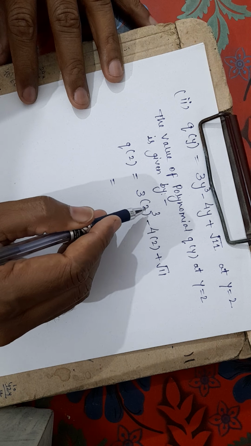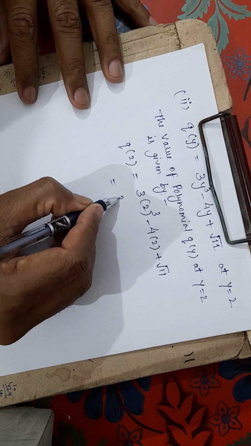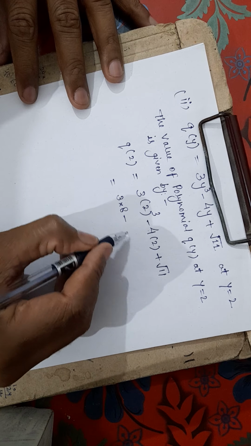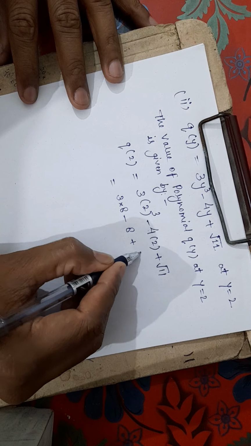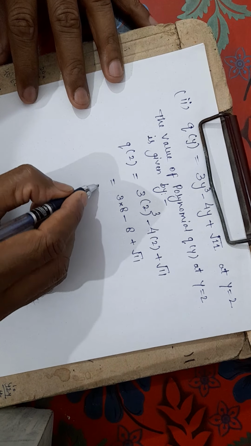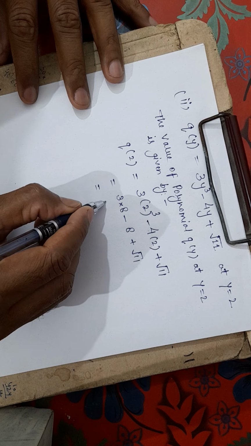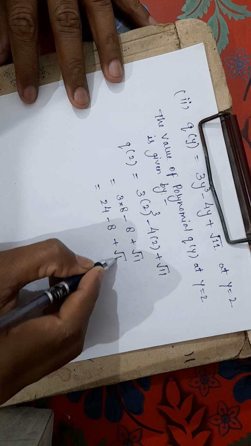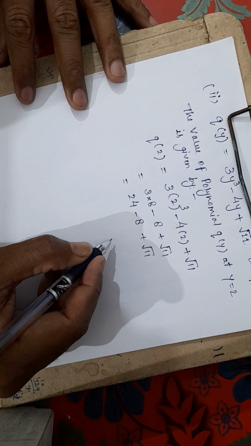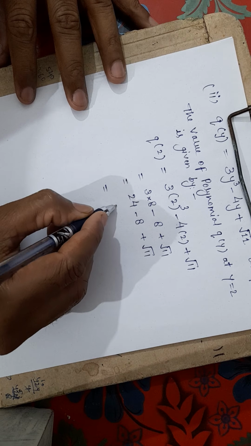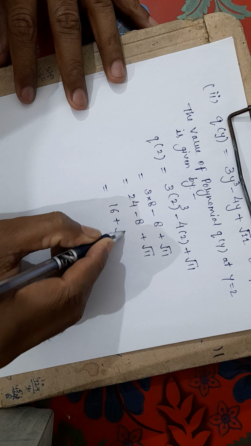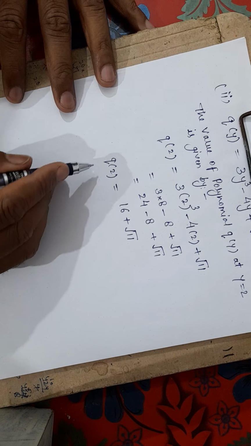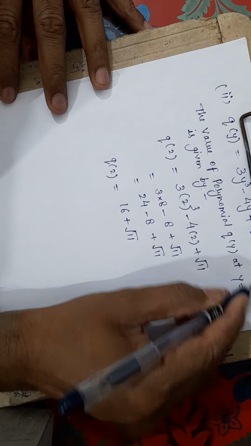You already learned this thing. 3 multiplied by 8, 2 2s are 4, 4 2s are 8, plus root 11, 8 3s are 24. So after subtraction you will get 16 plus root 11. So this is the value of polynomial Q(y) at the given value